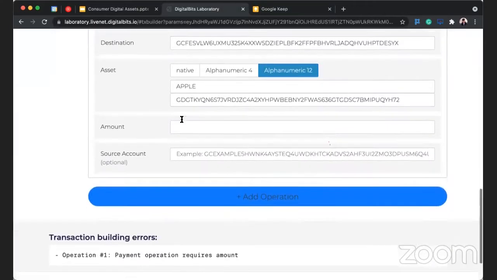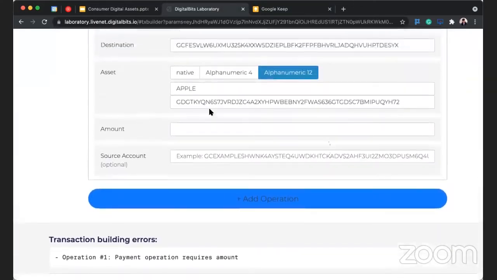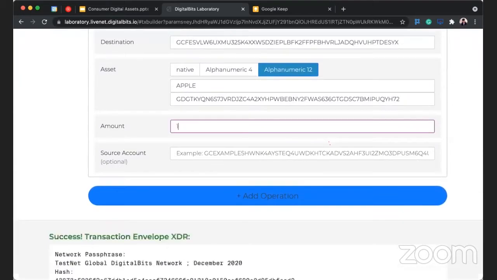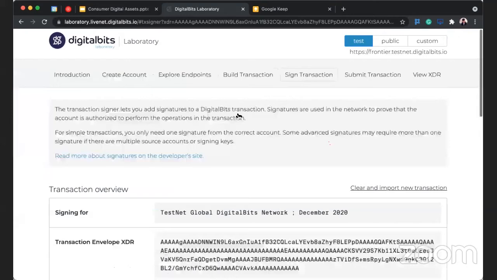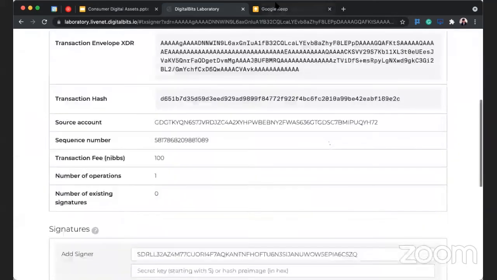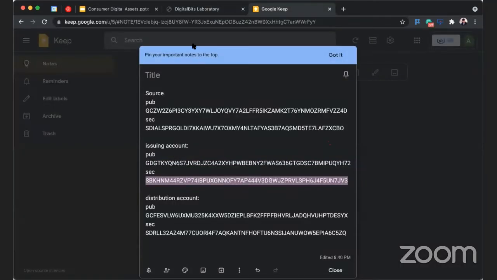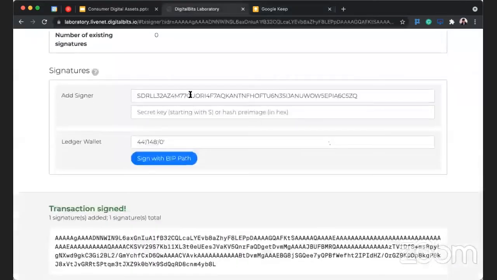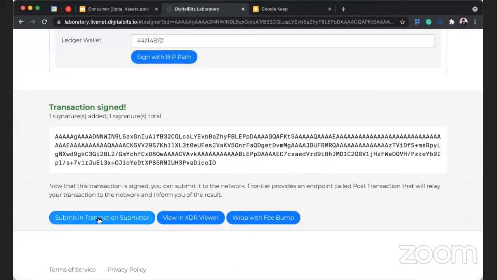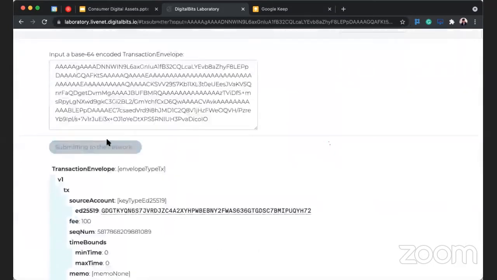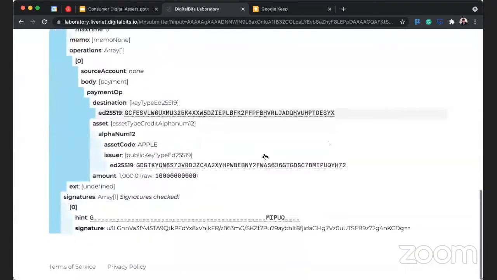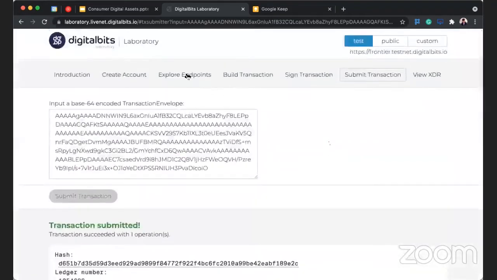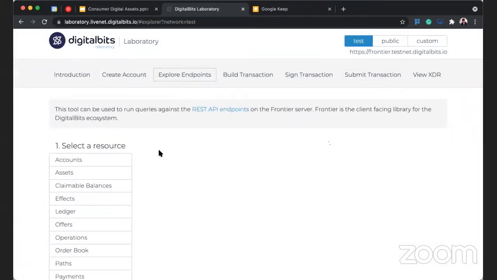So we check that our apples are going from our account, and we send like 1,000 apples. Sign in with our secret key. Submitting. All right, so we have our apples in place, and if you go, there's a tab Explore Endpoints,